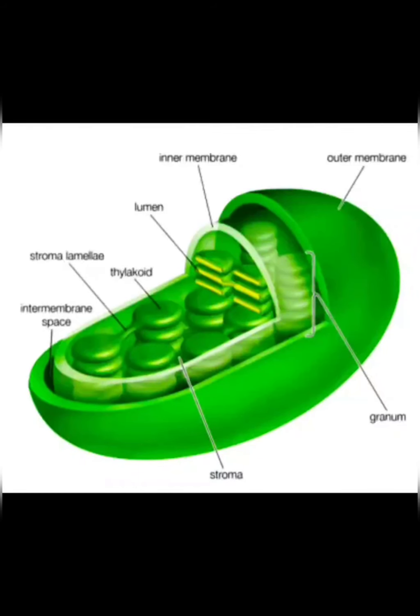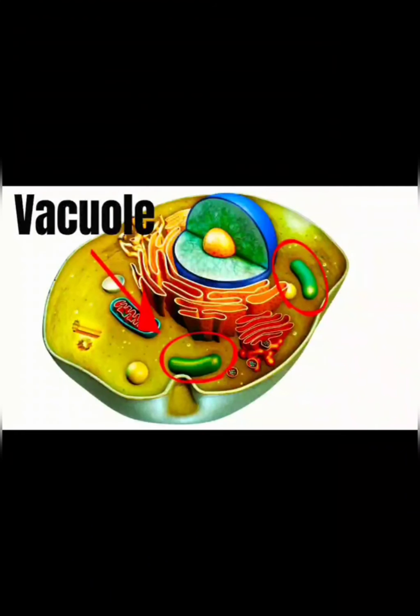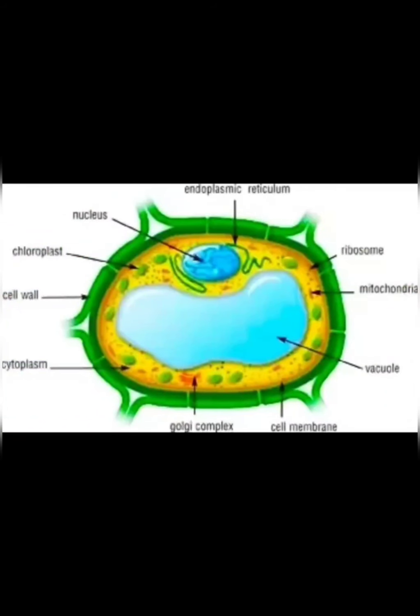Having learnt about chloroplasts, now let us learn about the vacuole. As you can see, a vacuole is a small air space present inside a cell. These are large empty spaces generally present inside the cell, called vacuoles, and they are generally fluid-filled sac-like structures. In animal cells, vacuoles are small in size, while in plant cells they are very large. In mature plant cells, these vacuoles may occupy the entire cell. Sometimes the vacuoles even push the other cell organelles towards the margins of the cell, as you can see in the picture.